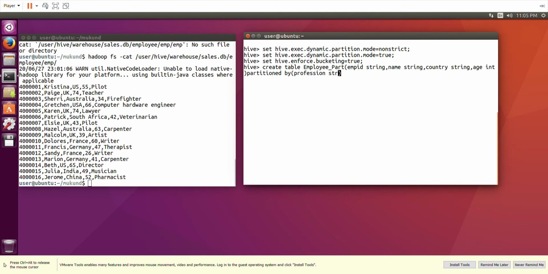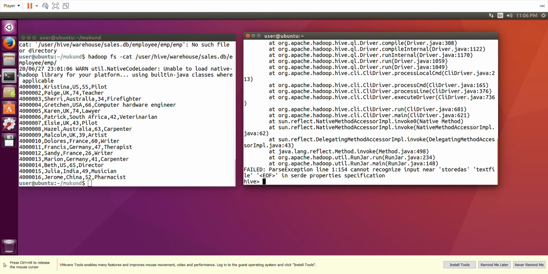Profession is also a string, so we are specifying a string here, and then we say row format delimited, then fields terminated by comma. Always remember this is not field, it is fields terminated by comma, and then I can say stored as text file and semicolon. So we are creating a new table called employee part.